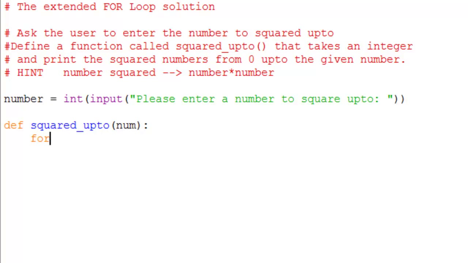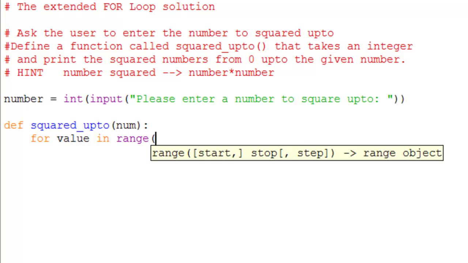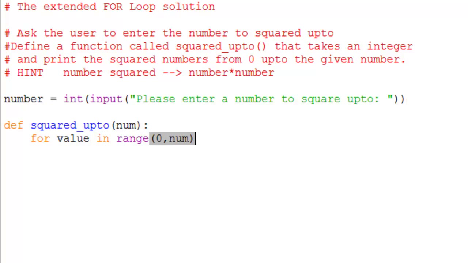And then here I'm going to go into my for loop, and I'm going to say for value in, and here I need to have my range function. I'm always going to start at 0, and I'm going to end at num, and this is where I'm using my formal parameter of num that I sent to the function. So for value in range from 0 to num,